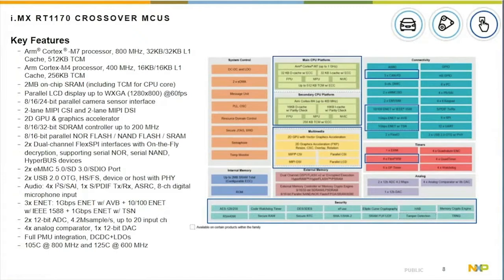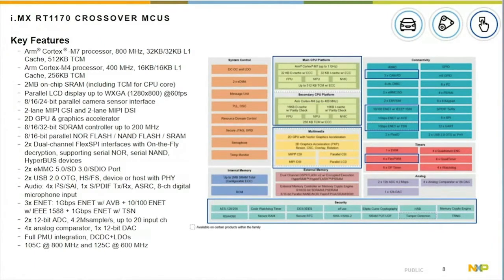You've got the 2 gigabit Ethernet ports I mentioned earlier, one for AVB, one for TSN. A third Ethernet port is available. It meets IEEE 1588, and it supports 10/100 speeds. The other piece is right below the cores. You've got that primary core,